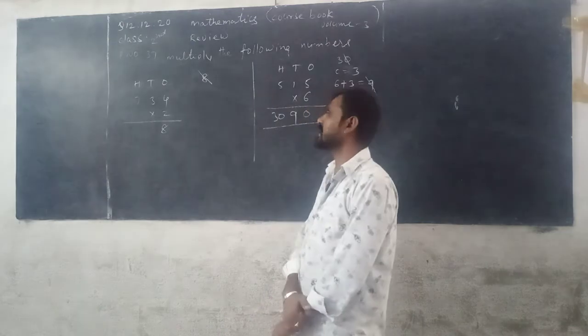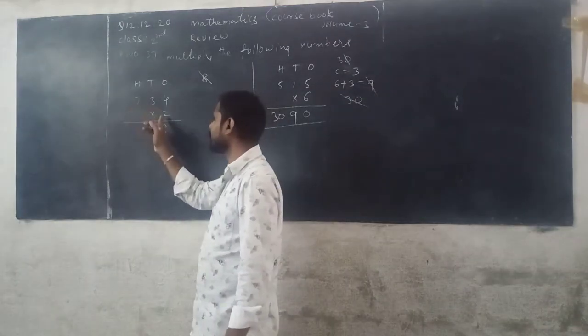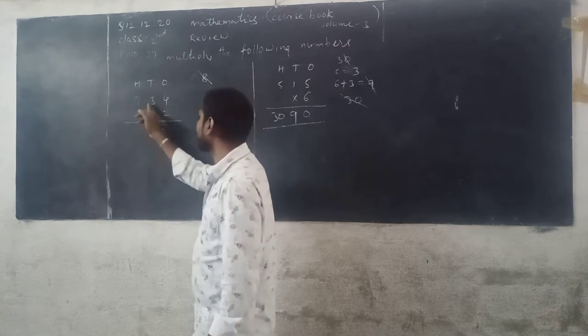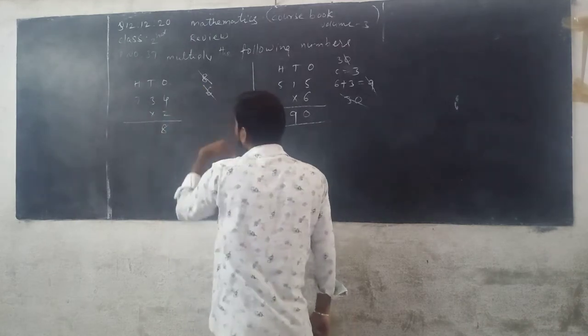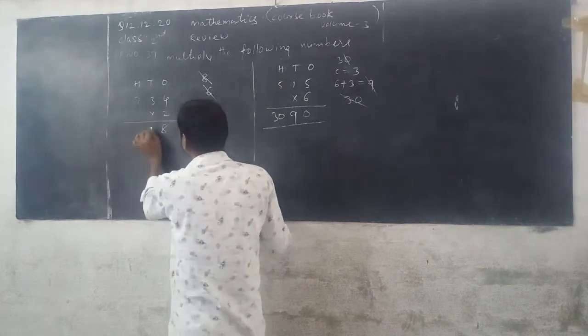Next we multiply the digits in tens place. The tens place digit here is 3. 3 is multiplied with 2. Then you can do 2 table. 2 3s are 6. 6 is a 1-digit number. Then you can write it directly where? Tens column of the product.